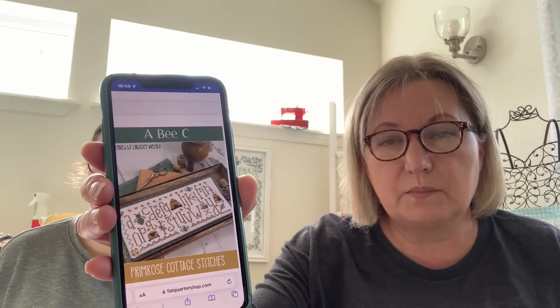So anyway, I got on their Etsy, and that's the one I ended up buying because I loved it, but I started looking around and became completely obsessed. Yes. So you saw somebody finish it a certain way? I saw someone finish the bee one as a little pillow, and it was just so cute. And I thought, I have to do that. Seriously, I haven't even started that. So what I became obsessed with...